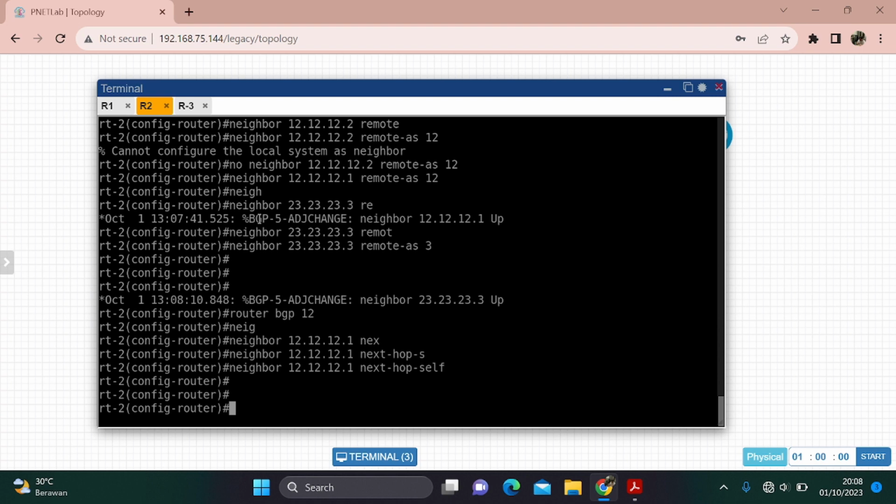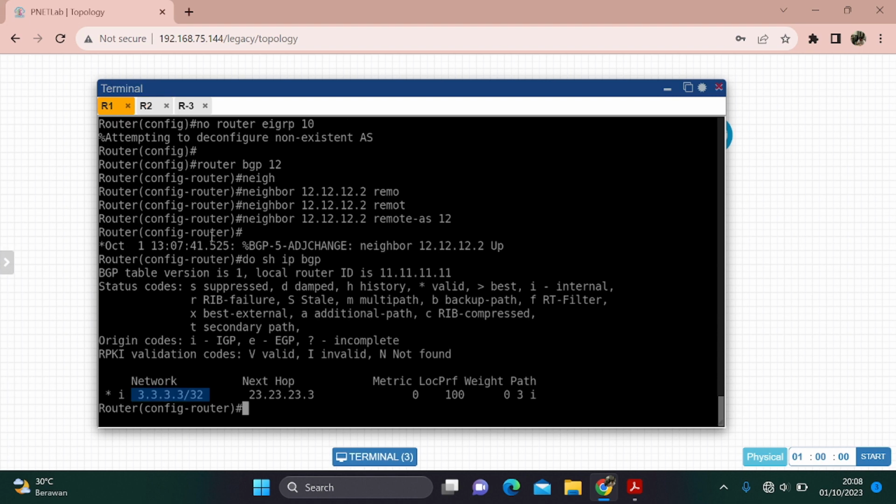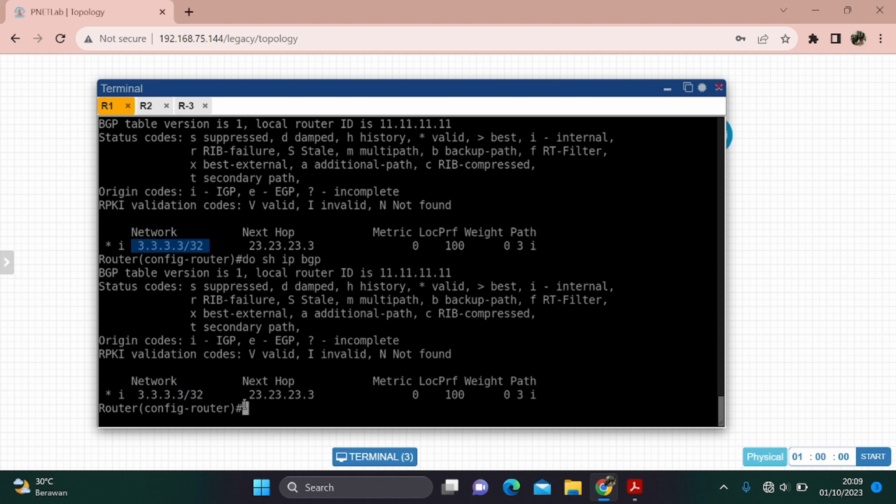After that we'll check again with show IP BGP. Wait a second, guys. Next hop 12.1.1.2.